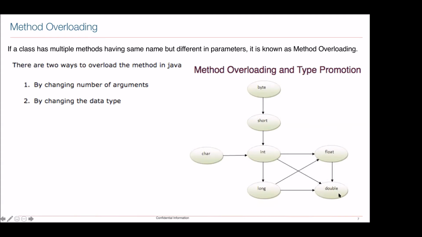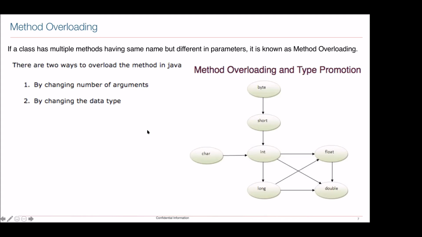But if you want to convert double into float, or long into short, long into int, or say float into integer, or integer into short, or int into character, that is not possible. That is possible by doing something that we are going to see later. But type promotion automatically happens in this direction, from small to big.